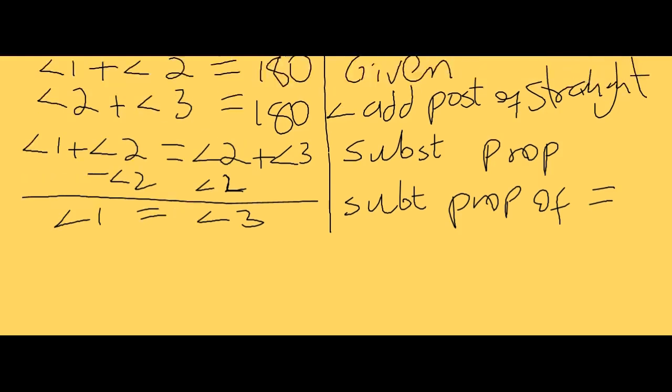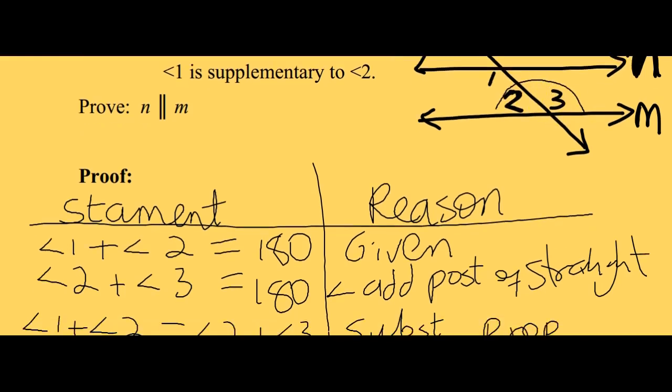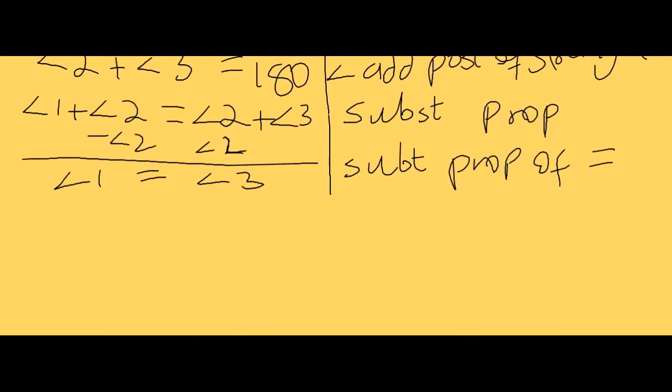Okay, so what else can we say? Let's look at angle 1 and angle 3. They are alternate interior angles. They are inside these two lines. If they are alternate interior and they are equal, that happens only when you have parallel lines. So since angle 1 equals angle 3, that means that line N is parallel to line M, and our reason is